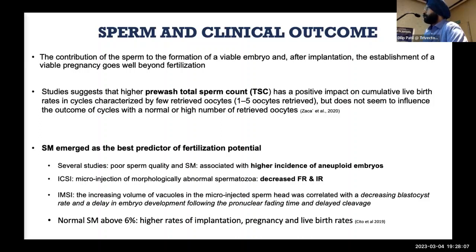Sperm morphology has emerged as the best predictor of fertilization potential, and there are studies which say that poor sperm quality and sperm morphology are associated with a higher incidence of aneuploid embryos. And obviously, if you inject sperm with poor morphology, there is a decreased fertilization and implantation rate. Any sperm morphology above 6% has been shown to lead to a higher rate of implantation, pregnancy, and live birth rate. So these are pretty obvious studies, but again, the authors have taken the pain to gather the data